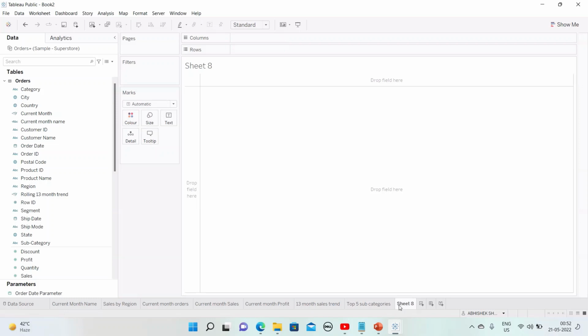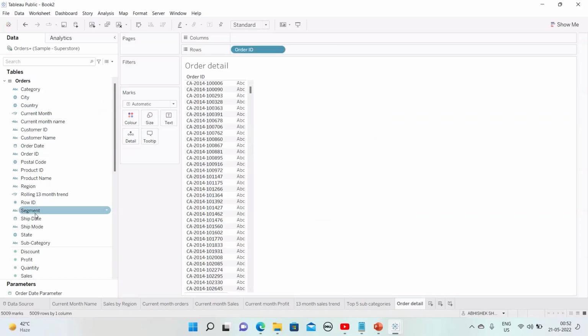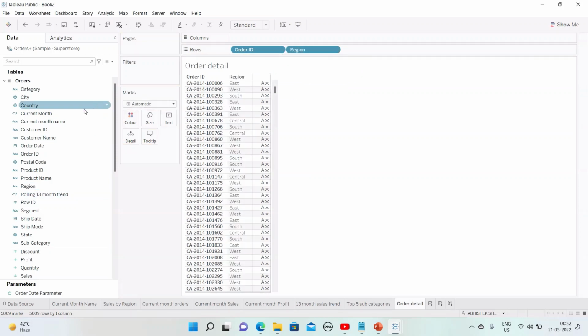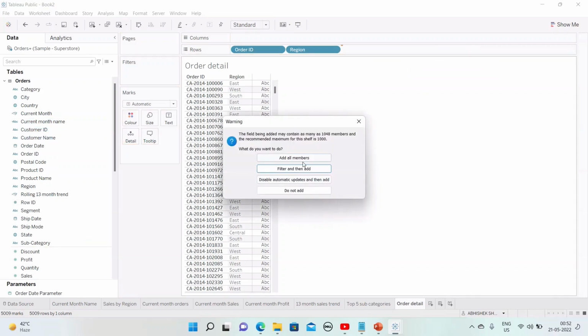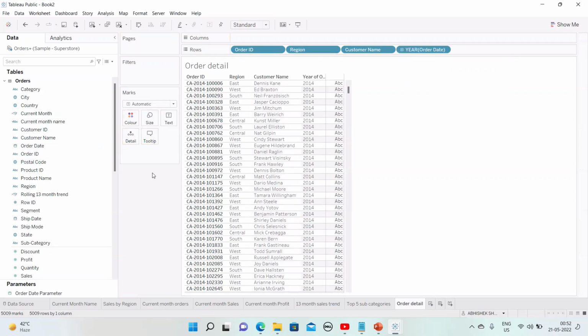Now the last part will be the order details, tabulated report. For that, let's drag the order ID, the region, the customer name, order date, ship date, and segment also. The customer name, segment,